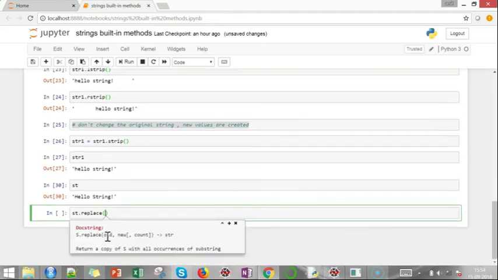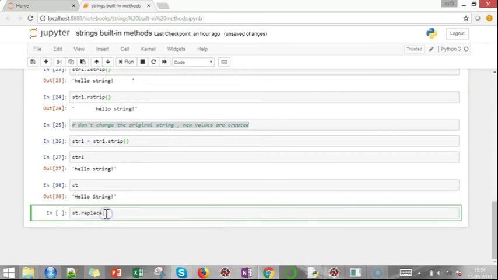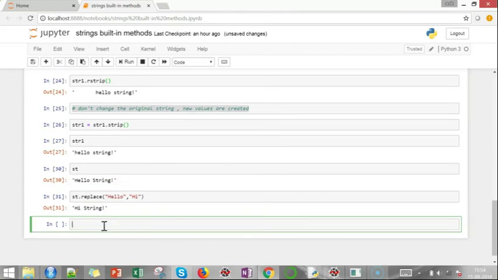Here you will specify the old text, which will be hello, and then the new text, which will be hi. So basically I am replacing some part of the string with some other value. Press shift enter and you could see that hello changed to hi.